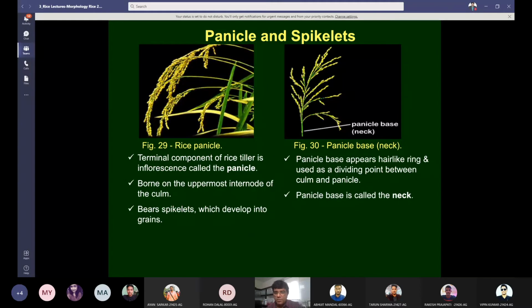Panicle base, you can see here in the panicle base kind of swelling is there. So this is also called as neck. Panicle base appears here like ring and used as a dividing point between culm and panicle. So this is the end of culm, end of stem, and beginning of the panicle. This neck part. So panicle base is called as the neck.